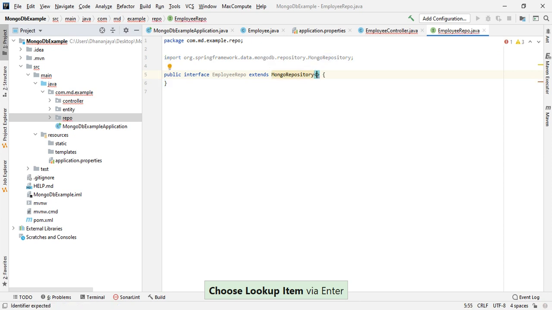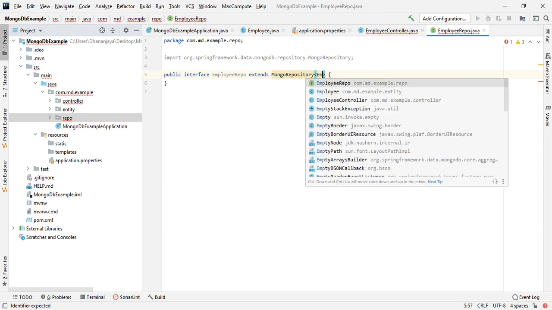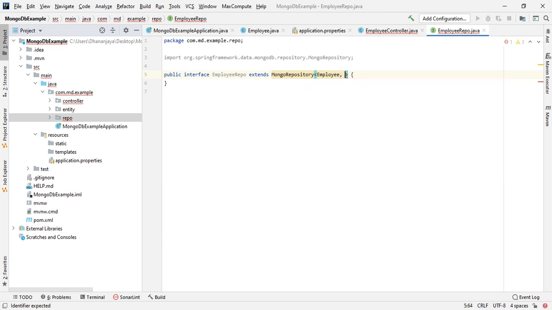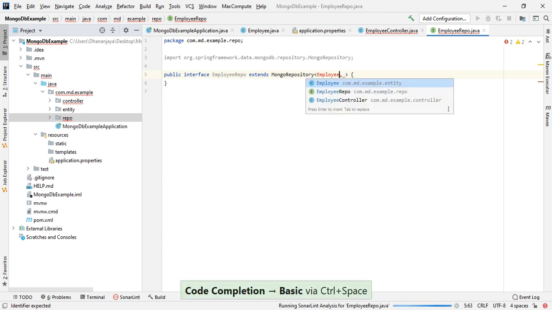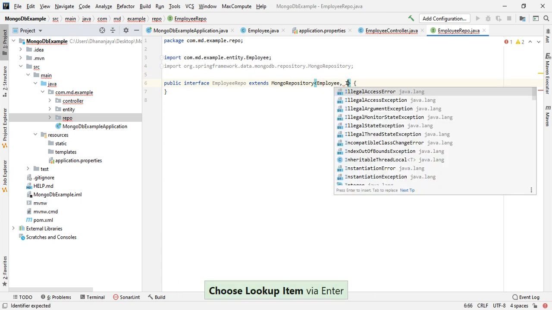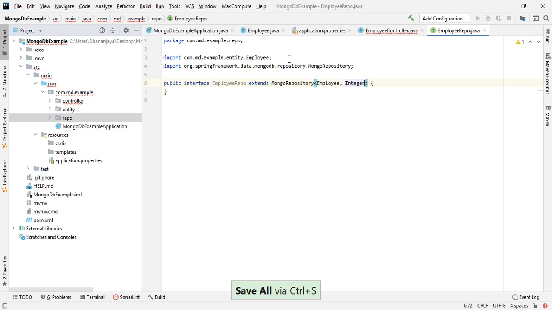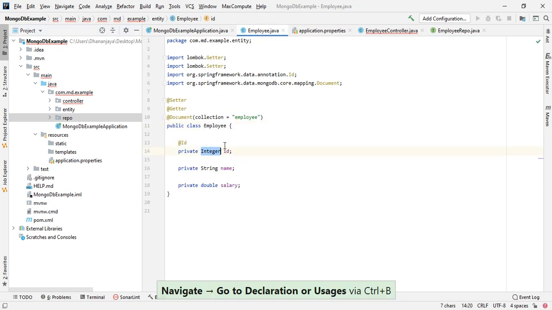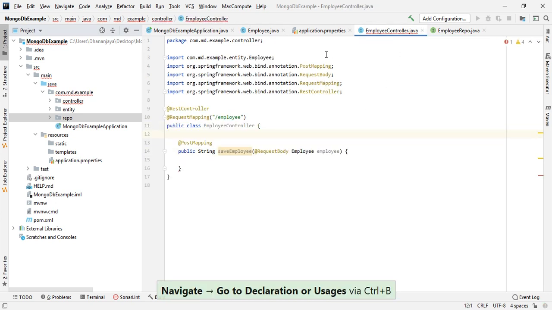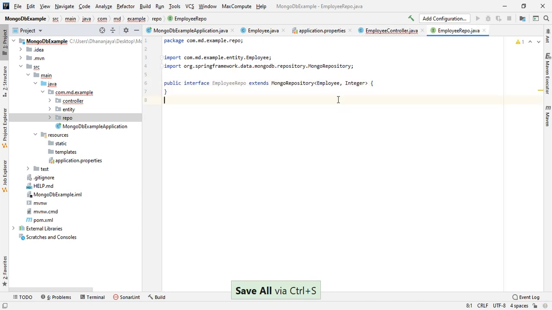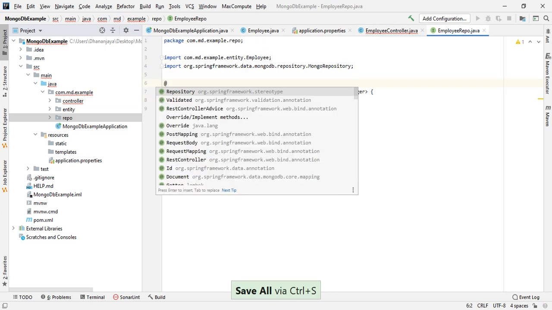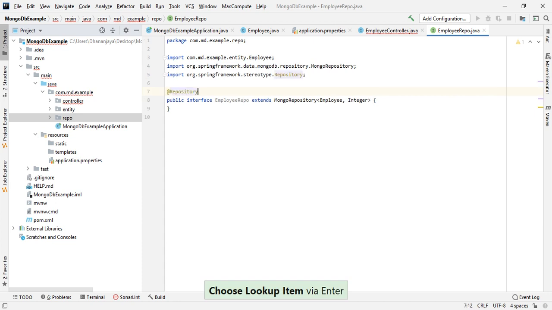Inside that you need to pass the entity and the ID. Entity is our Employee, comma, ID is Integer. If you see here, ID is Integer and class name is Employee. So that's it. Let's annotate this with @Repository.